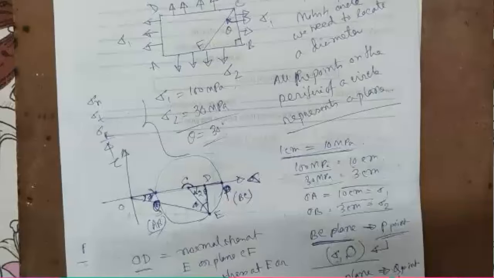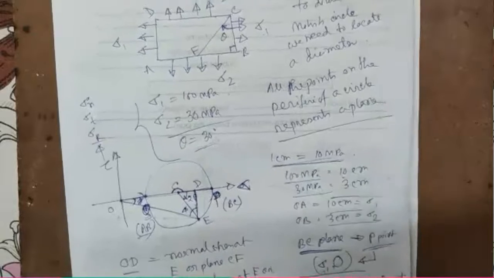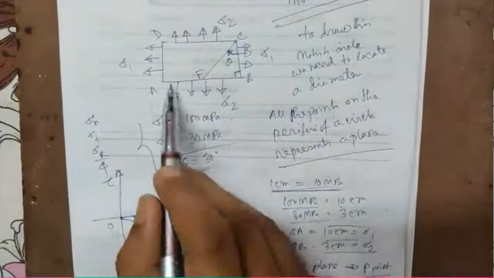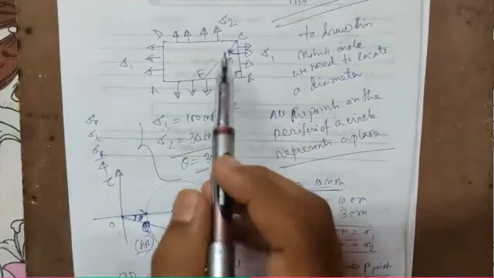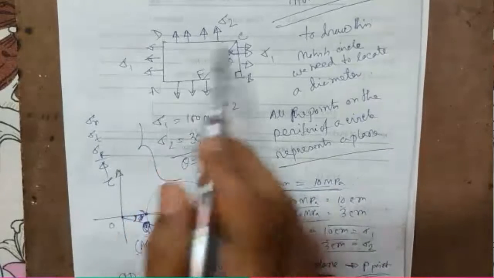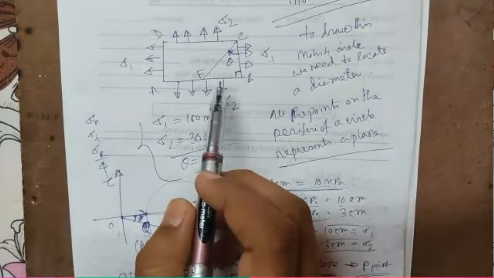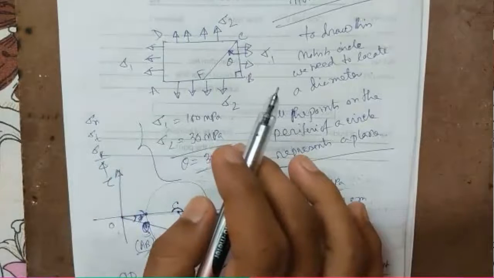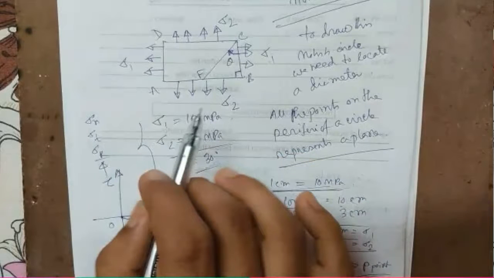Now we have a condition. This is a cross section given. There are two types of stresses here, sigma 1 and sigma 2. These are normal stresses, and there is no shear stress on any plane. This is the scenario, and we have an oblique plane CF at an angle theta with the vertical plane